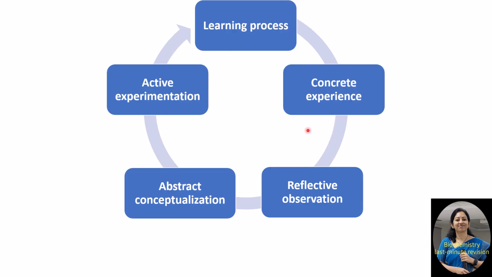Educationists have identified that there are four different components of the learning process. It starts with concrete experience, followed by reflective observation, next is abstract conceptualization, and the last is active experimentation. When we follow all four components in a sequential manner, long-term potentiation of the memory occurs. When we stop our learning process at one or two components, it results only in short-term memory gain. Now let's understand David Kolb's learning process with some real life examples.